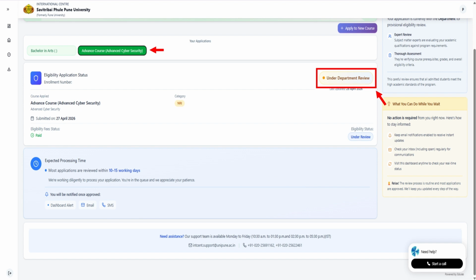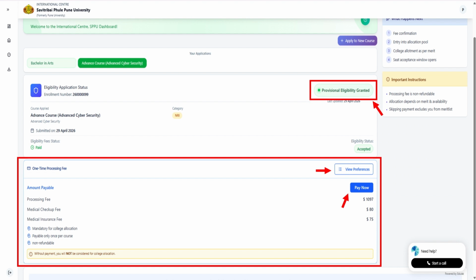You will also receive notifications by dashboard alert, email, and SMS once the review is complete, so keep your email notifications on and check your inbox now and then, including the spam folder. Once the Eligibility Department approves your application, your status will change to Provisional Eligibility Granted